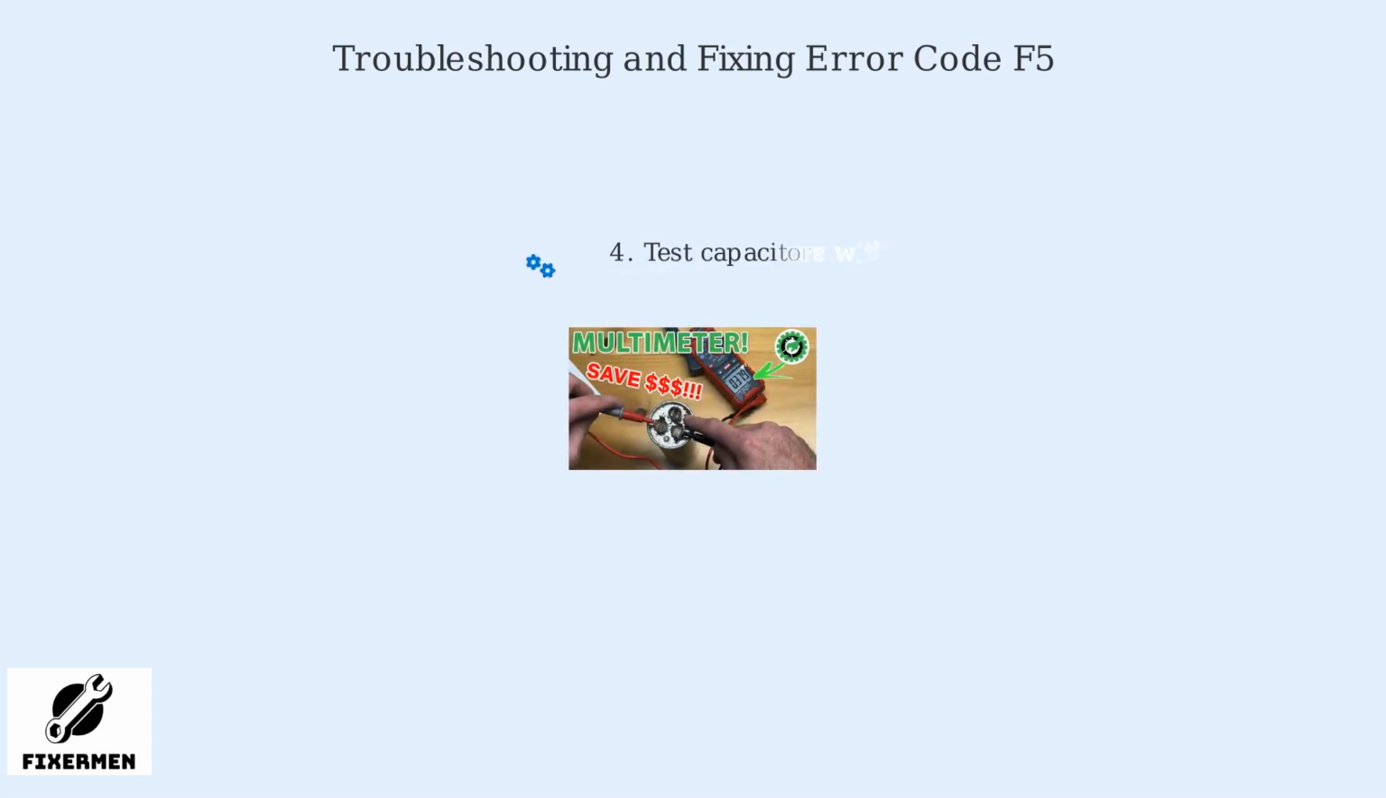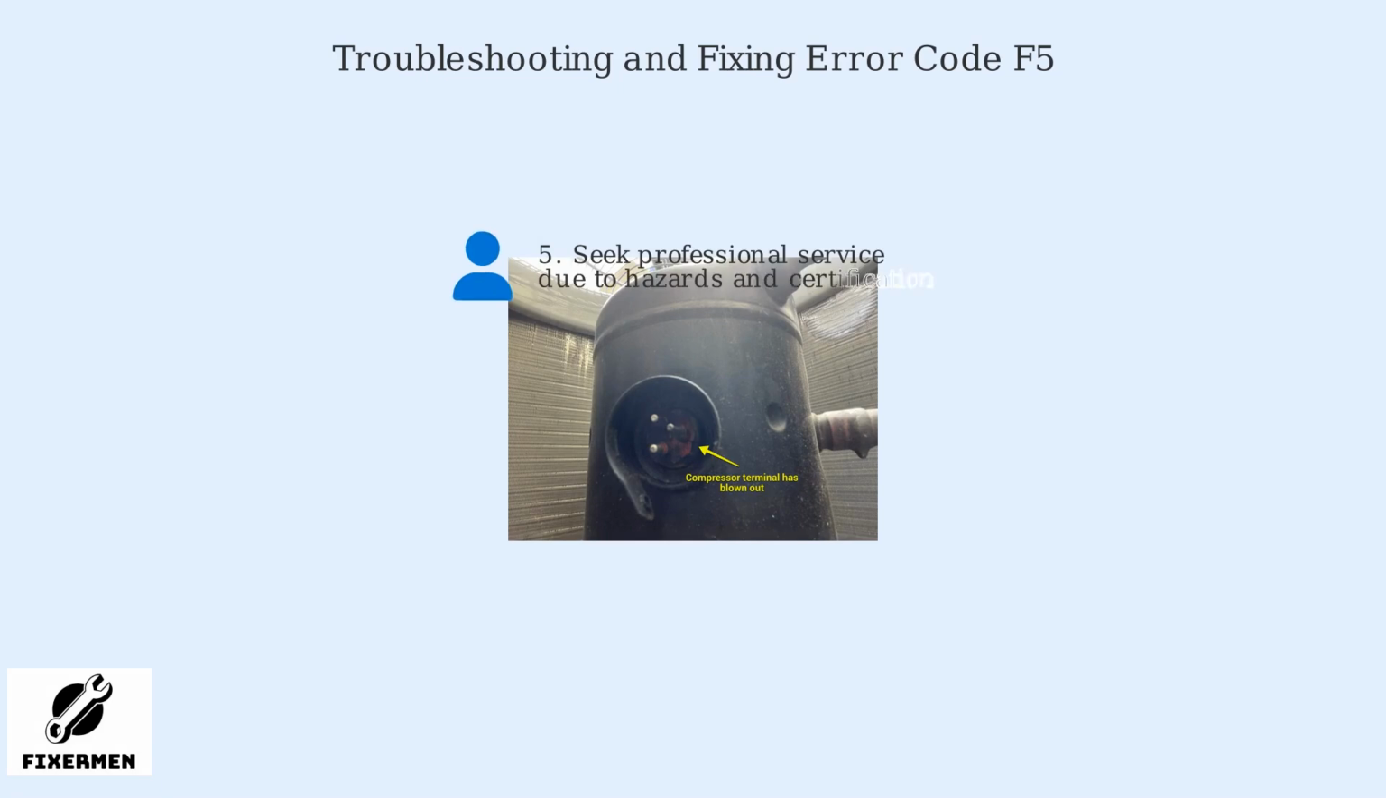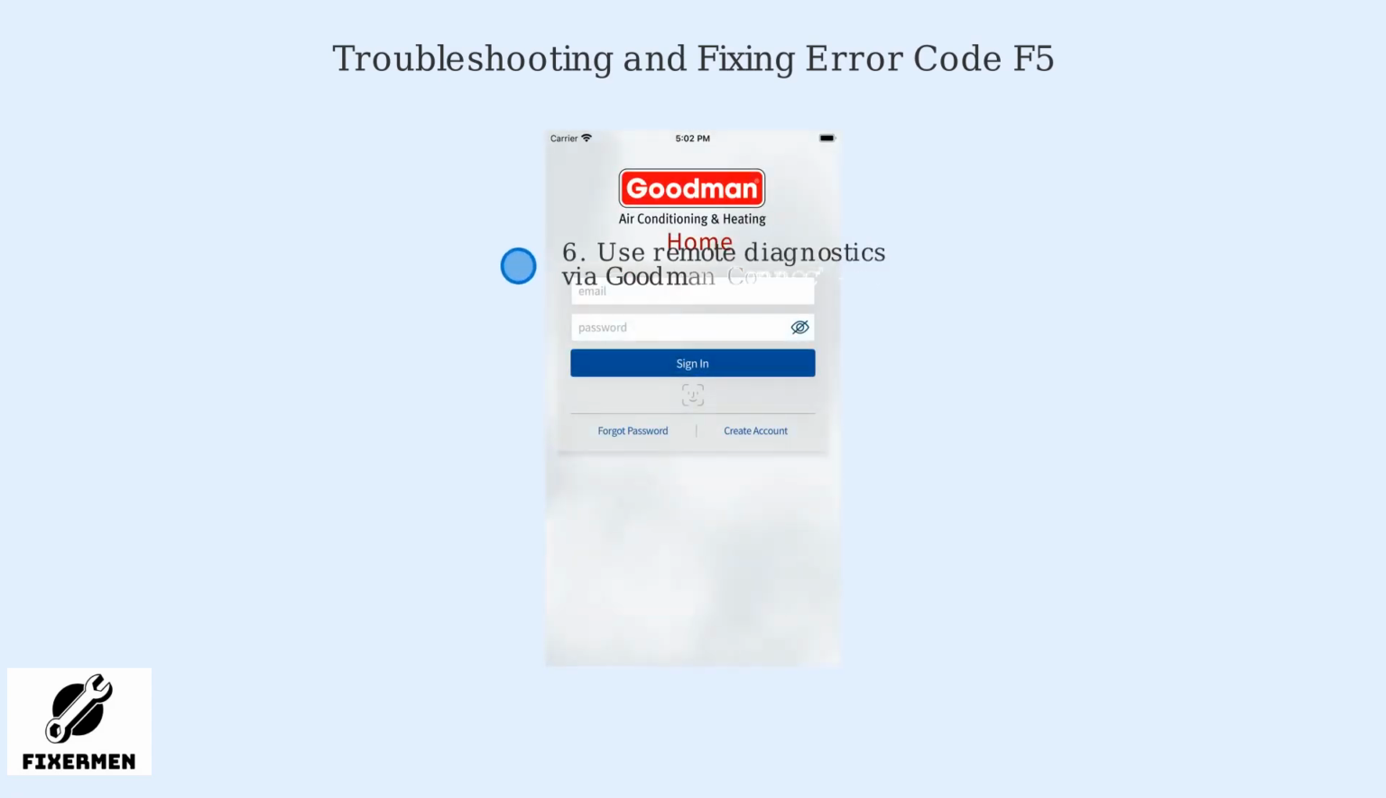Technicians use multimeters to test capacitor resistance, which should typically read 5 to 10 microfarads. This requires proper tools and knowledge. Due to electrical hazards and the need for EPA 608 certification for refrigerant handling, Goodman recommends professional servicing for these repairs. Many newer Goodman systems from 2024 and later support remote diagnostics via the Goodman Connect platform, allowing technicians to